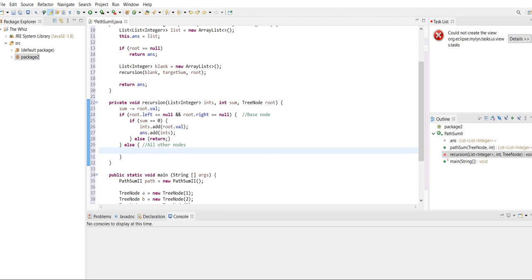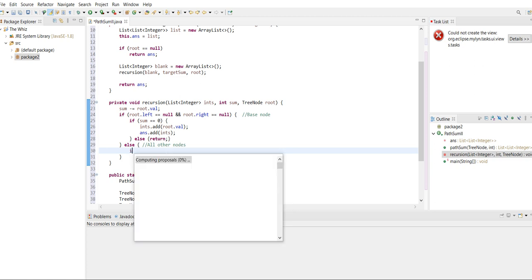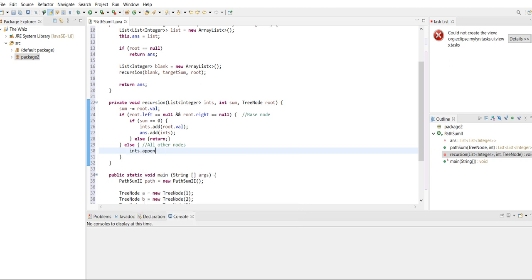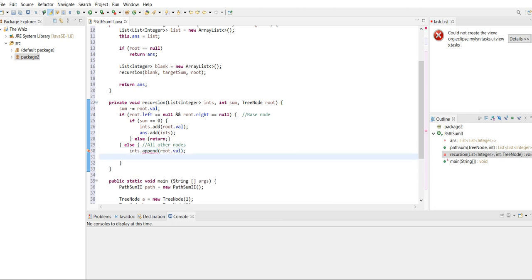And then I think the best decision is to do ints.add root.val, and oh, I keep writing append for some reason. ints.add, and